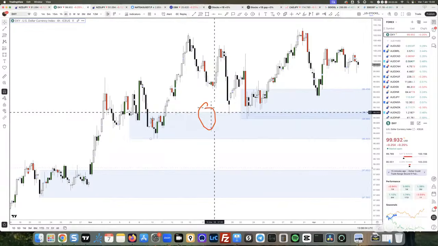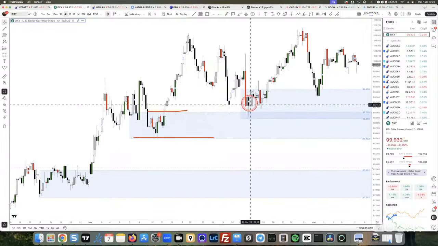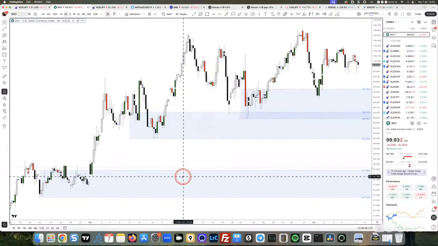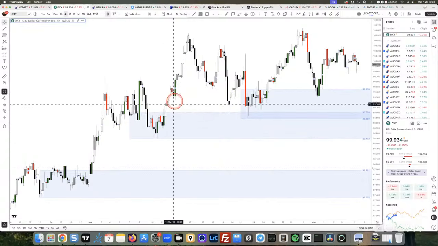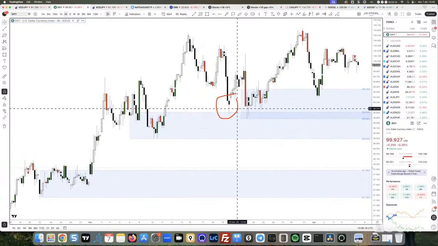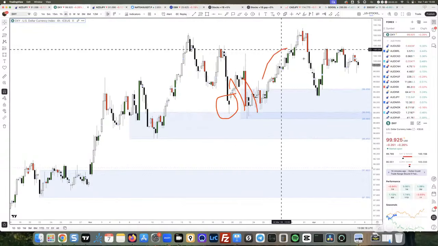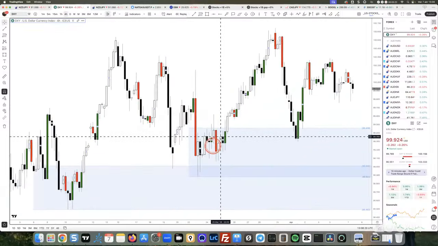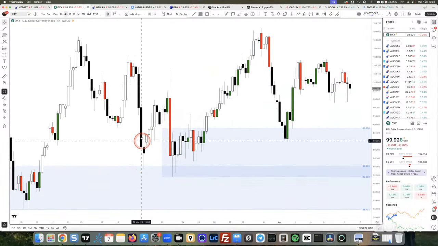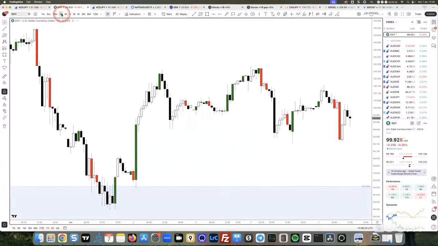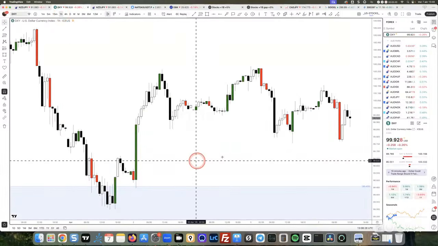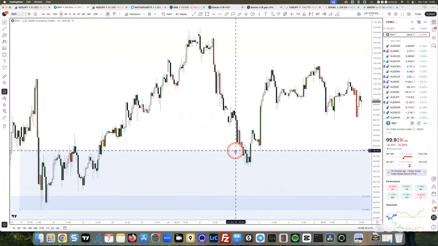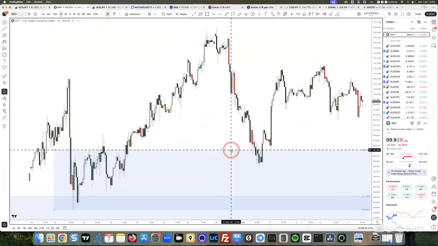This is the 4 hour, but these blue boxes correspond to the daily. I just want you to see. So what happens? Price reaches that level of demand once and twice, and then here again. And what happened? Look at the reaction. When we take a look at the 1 hour, I will take a look later, the dollar versus Swiss franc. I'm now with the dollar index. So what happens here?